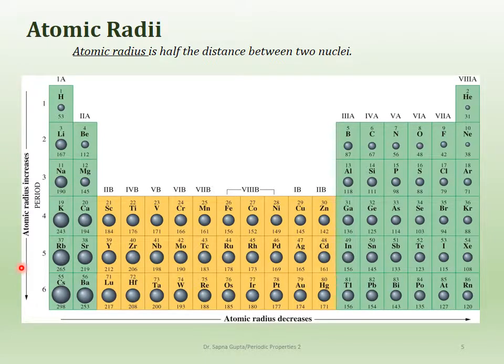So the first trend that we're going to look at now is the atomic radii. Again, atomic radii is half the distance between two nuclei. So remember the effective nuclear charge. Effective nuclear charge increased as you went across and decreased as you went down. So if it is increasing as you're going across, it means that the attraction between protons and electrons is increasing. If the attraction between protons and electrons is increasing, the electrons are getting closer to the nuclei. If they're getting closer to the nuclei, then the size of the atom is decreasing,